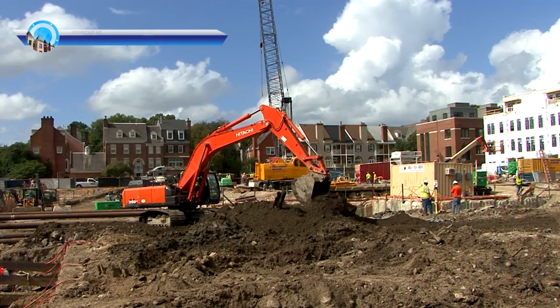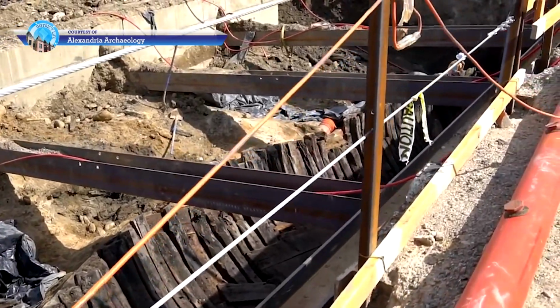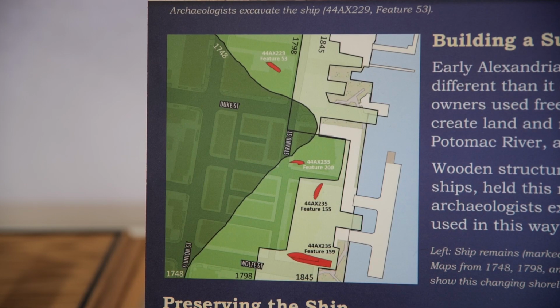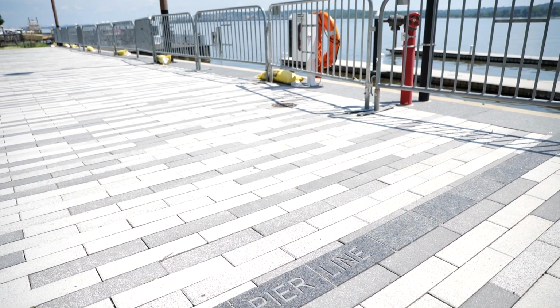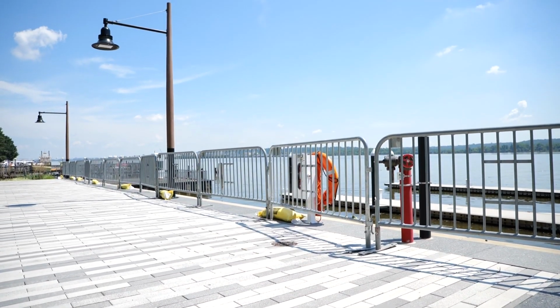Definitely a unique experience for all the city archaeologists and residents as well to see these large structures emerge from the ground as part of the excavation, but not completely unexpected because a lot of Alexandria's shoreline is actually made land. Residents built out at least 10 city blocks in the 1780s and 1790s, reclaiming that earth from the mudflats of the Potomac River. And they did that with wharves and piers and retired ship hull remnants, like the ones